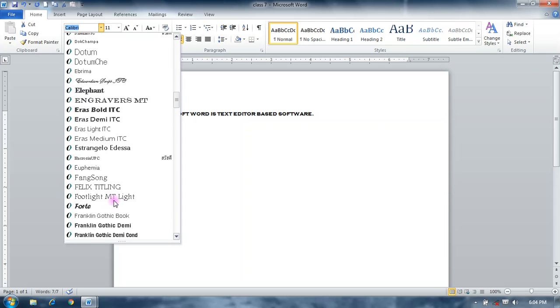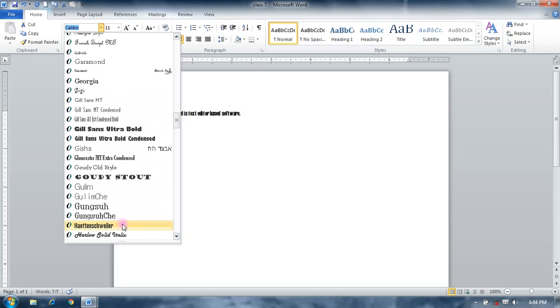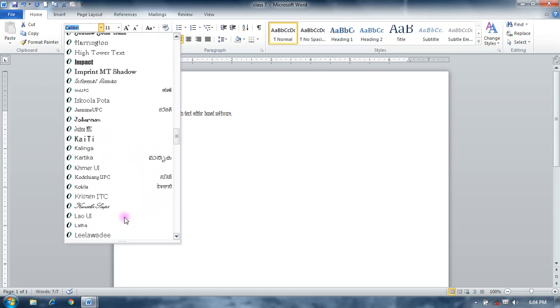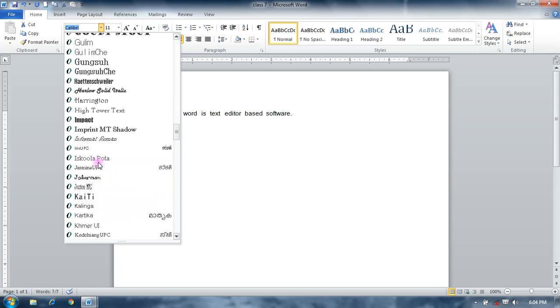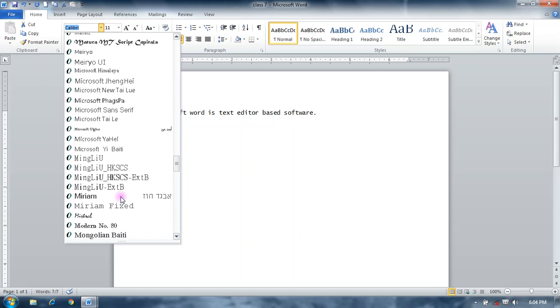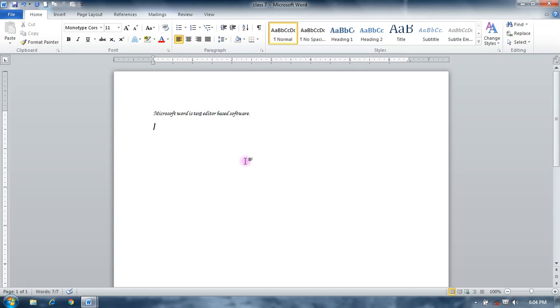There are different types of text editors, font styles, like that.